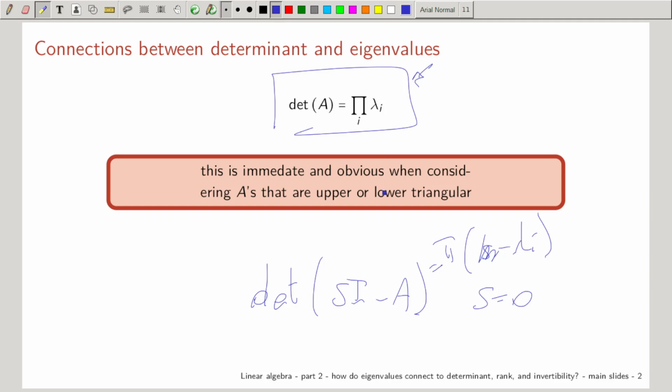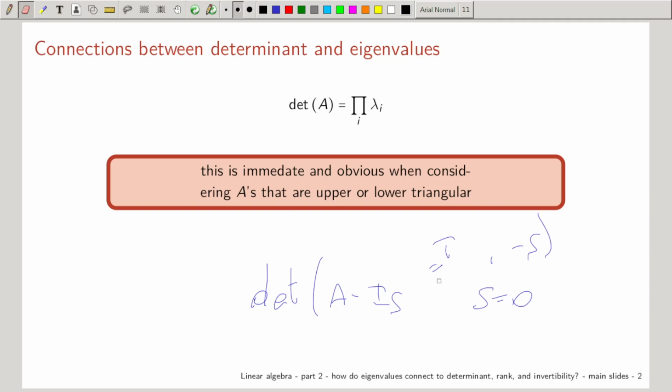Because actually, from a sign perspective, you might also write it like this one, and then you get the right signs. We do not mess up with the signs. Okay, you get the point? Very obvious and immediate whenever considering A. So at this point,